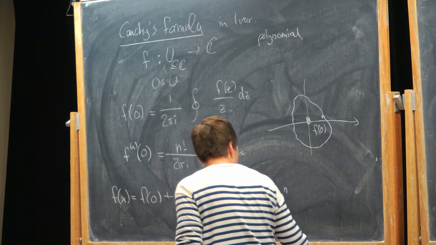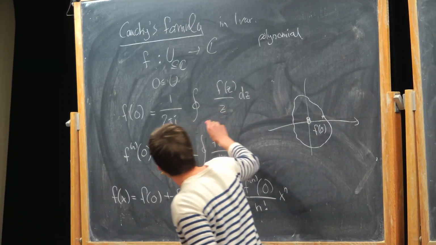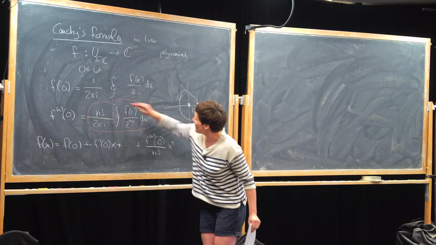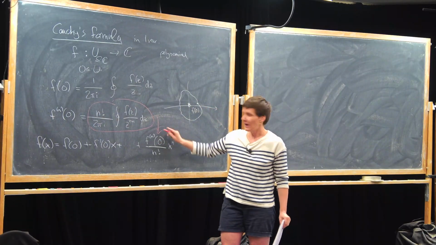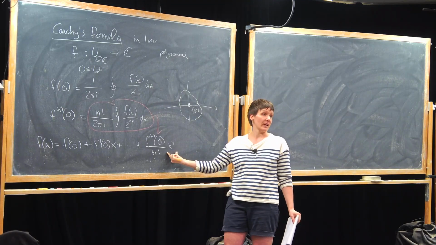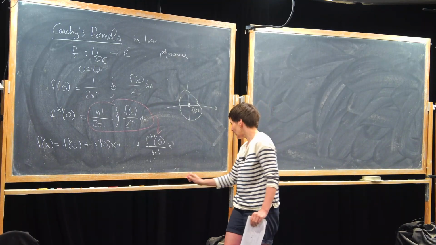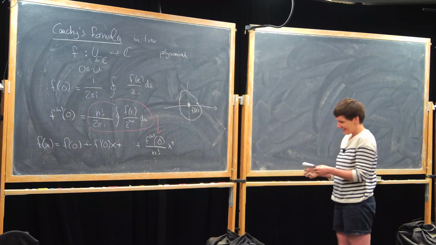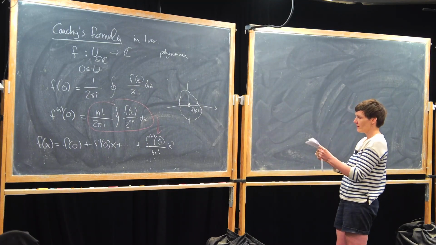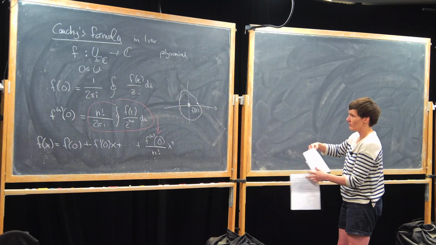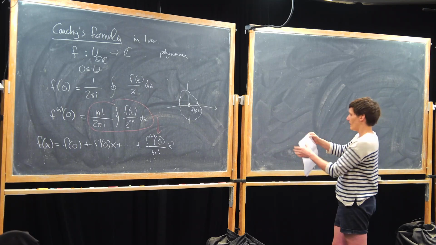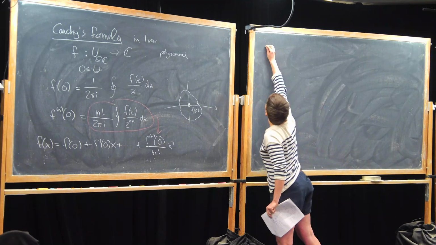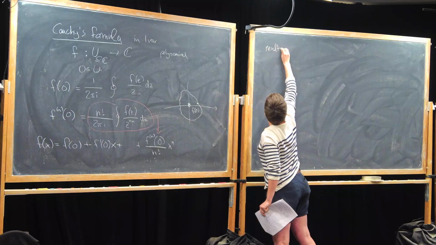It tells you that plug this in here, and it gives you the coefficient of x to the n. Okay, and now you do this whole thing in many variables, and this is what you get. So the multivariate version